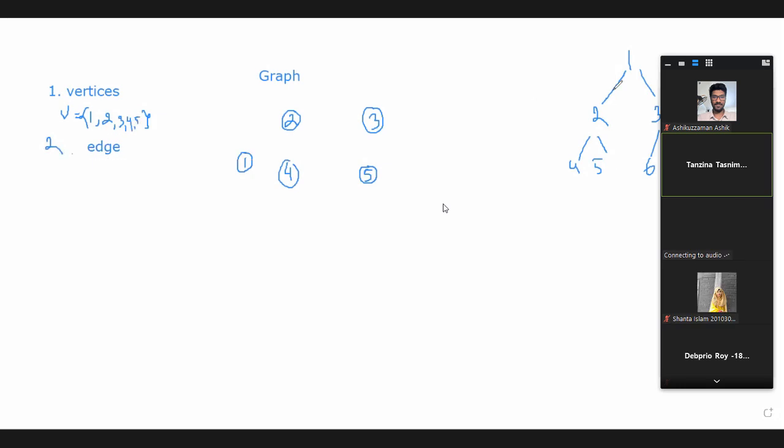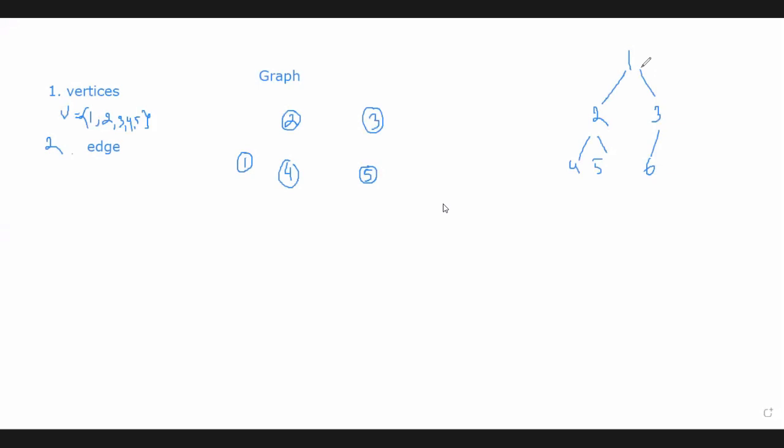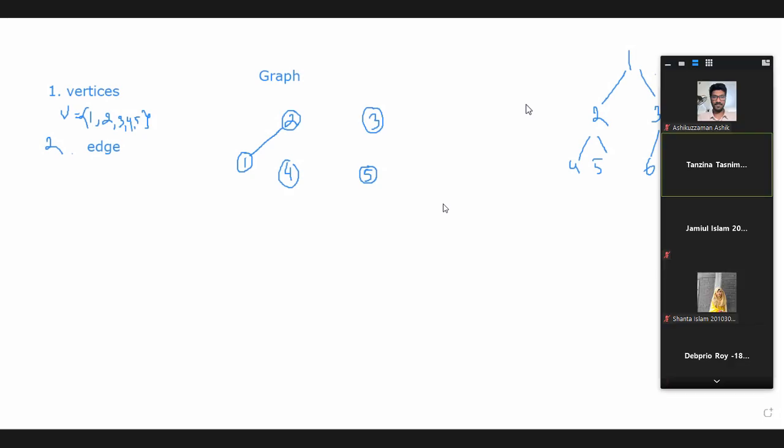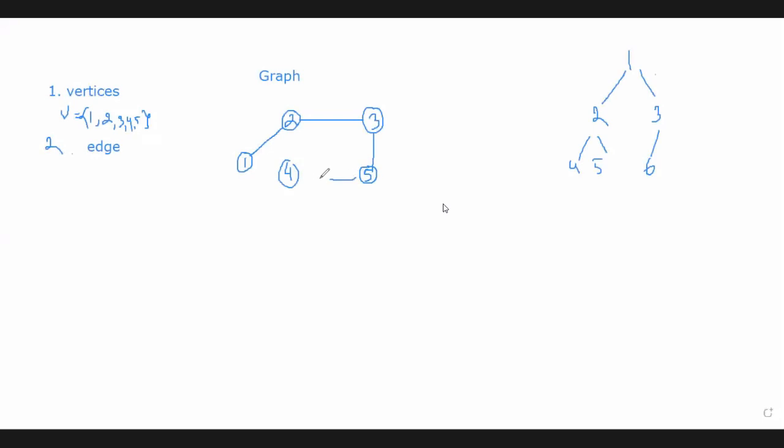Look at this. This is an edge between the node 1 and 2. If we join these 2 nodes 1 and 2 by this connecting line, you can call it an edge. Then we can create a relationship between these 2 elements. So in a graph, how can a relationship be created? By taking an edge. Now in this graph, we can create a relationship between 2 and 3. This is another edge, and then suppose 3 and 5 are related, then 4 and 5, 1 and 4, 2 and 4, and 4 and 3.